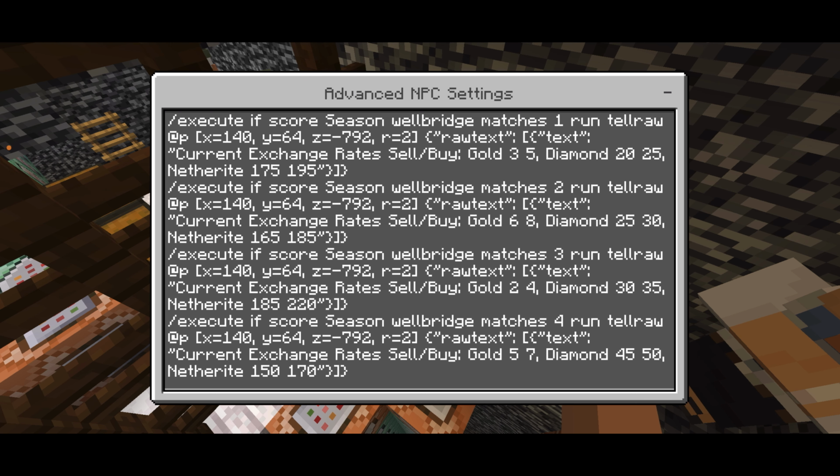Execute if score season Wellbridge matches 2 run tellraw @p x=140, y=64, z=-792, r=2. Raw text, current exchange rates, sell by gold 6-8, diamond 25-30, netherite 165-185. Perfect. Third one, execute if score season Wellbridge matches 3, run tellraw